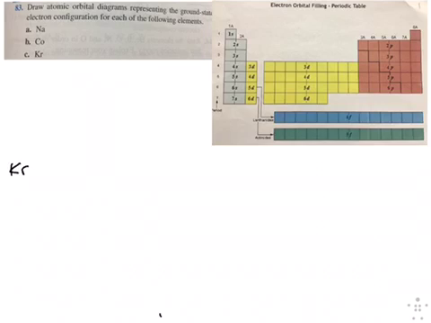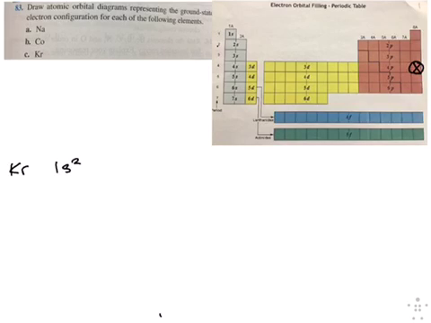So the first thing I would do is actually write the electron configuration. And so to do that, we got to remember that krypton is right here on the periodic table. And I'm going to do the longhand configuration because we want to do the entire atomic orbital diagram set. So if we're doing the longhand configuration, we're going to start at 1s2, and we're going to go to the second row here now,